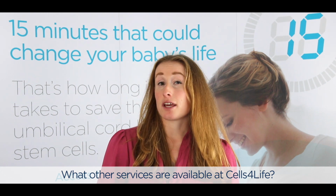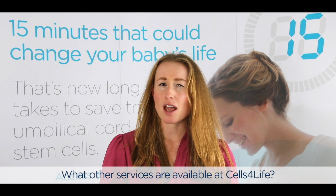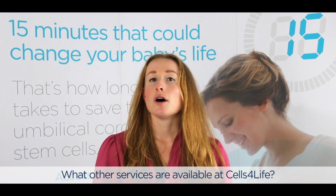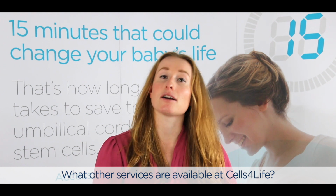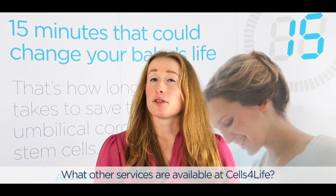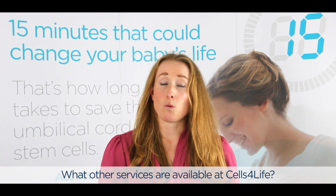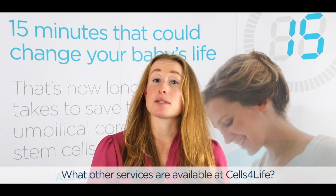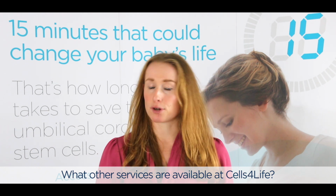We also give you the option to store 2 different tissues from the placenta. And the reason why you'd want to look to store multiple tissues as opposed to just cord blood or just cord blood and cord tissue is because the more different types of cell that your child has available, the wider the variety of stem cell therapies that should be available to them in the future as these become approved and